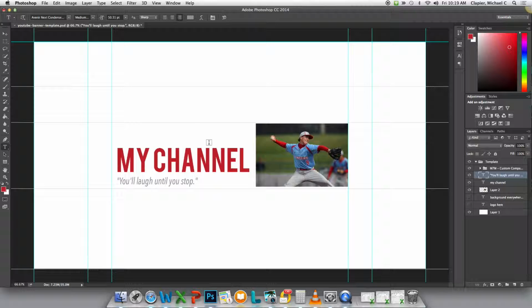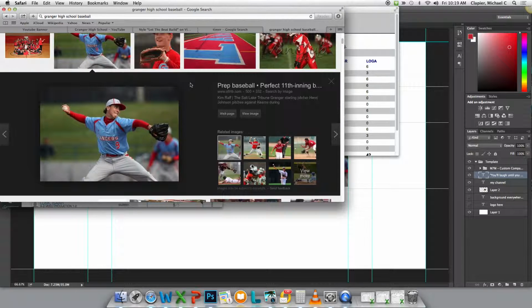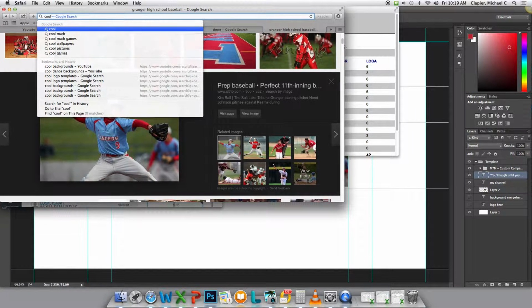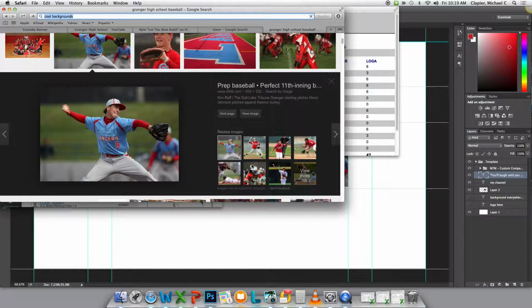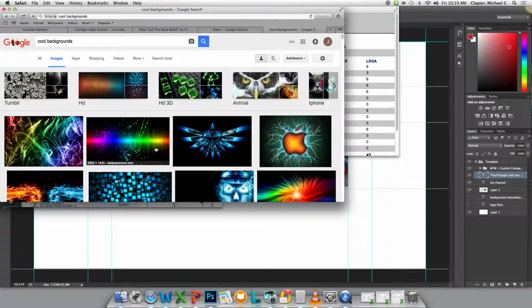Now the last thing I'm going to do for this is add a background that looks cooler than just plain white. To do this, you can use Photoshop or Illustrator to create your own designs and stuff, but I'm going to cheat for the sake of time, and go find a cool background. I'm just going to search cool backgrounds. Now I'm going to choose images. Now I'm looking for one that's big because this is a big